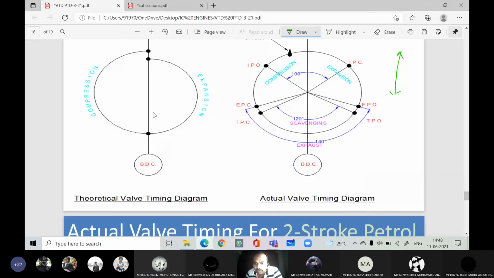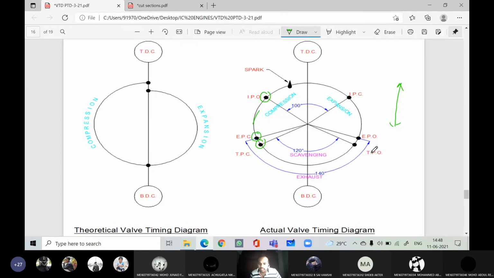Right. So therefore, when the piston is moving from BDC to TDC, first it covers the transfer port, then it covers the exhaust port. Then with further movement, what will happen? It will create vacuum in the crankcase, thereby the inlet port is opened. Try to understand. When the piston is moving from bottom dead center to top dead center, first the transfer port is closed, then the exhaust port is closed, then with further movement it will create vacuum, thereby the inlet port is opened. Air fuel mixture will enter into the crankcase.